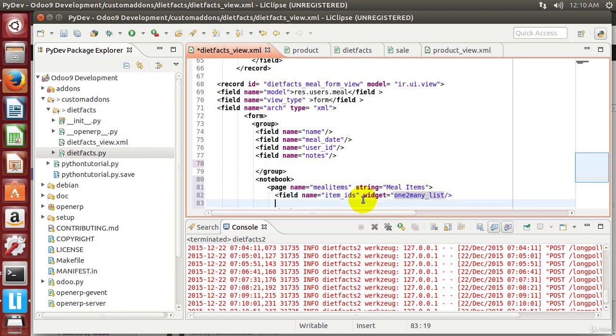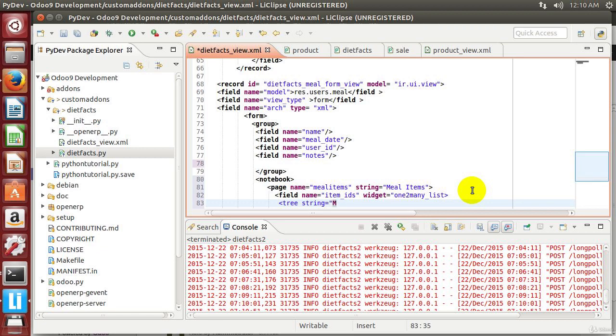And this is enough information, and we actually don't want to end this yet right here. This is enough information that tells Odoo we want to show these item IDs in a list in a special way. And we want to use a tree,